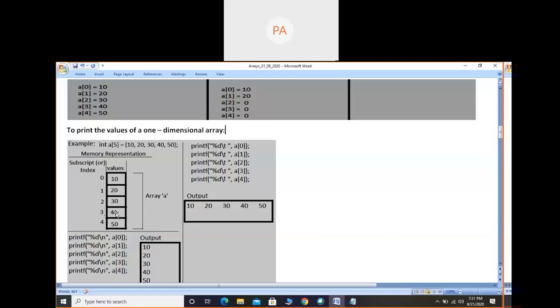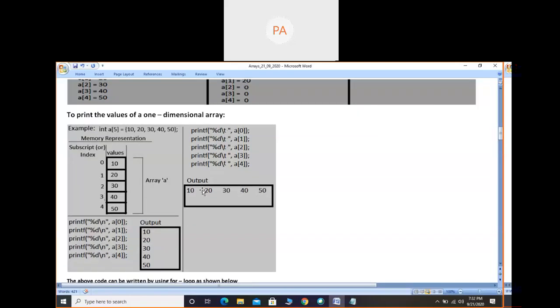Now if I want to print these values on the screen, either vertically or horizontally, that is each value in each line or all the values in the same line. These are the printf statements we can use. With printf %d, if you use \n, values are printed on each line, that is individual lines. If you use \t, on the same line, but space will be provided between the first and second value, second and third value, in that way. Let's look at the first one: %d \n, comma a of 0.